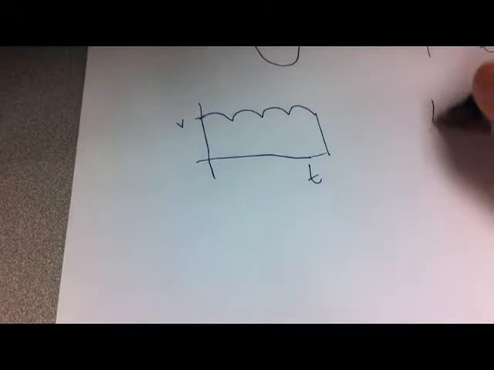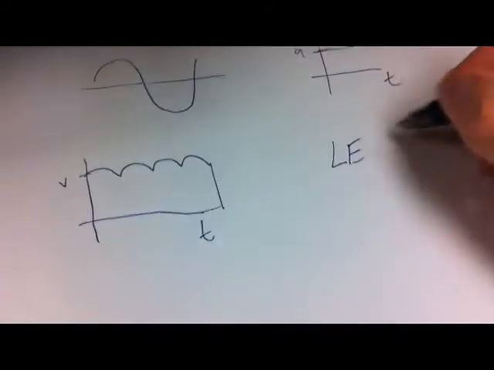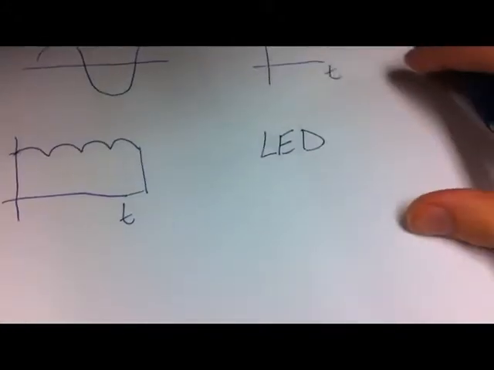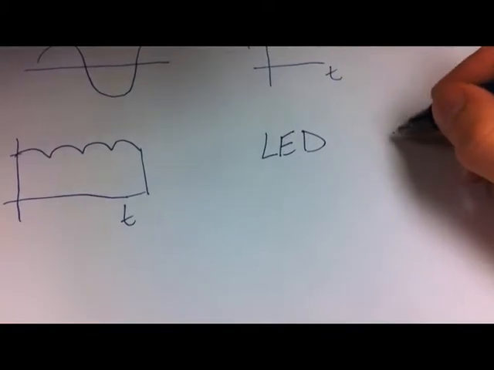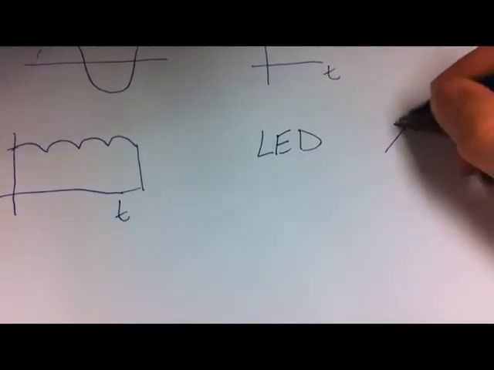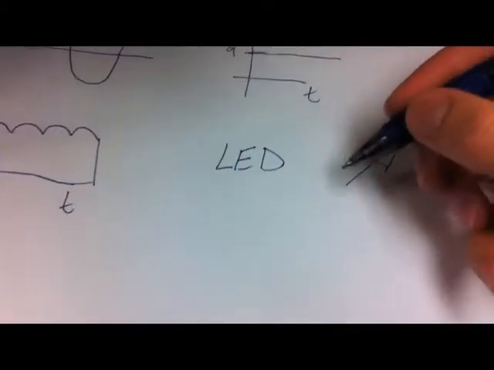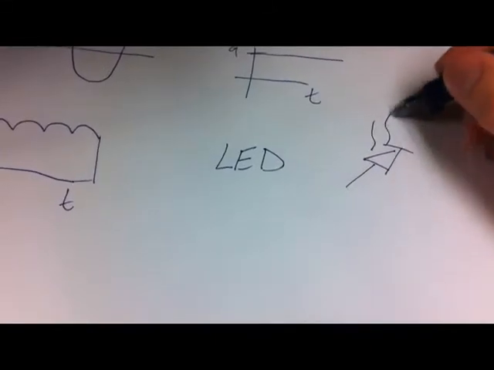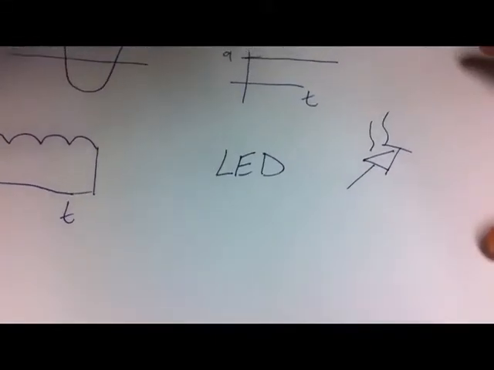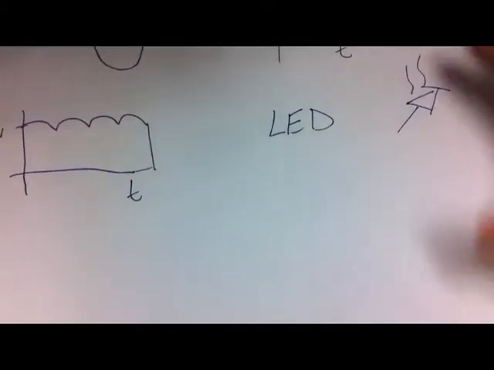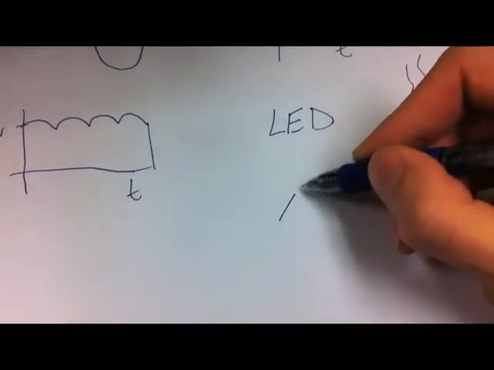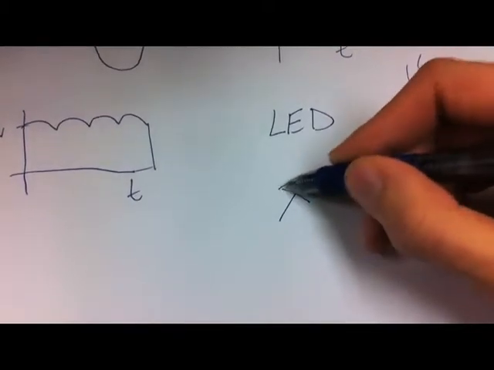Now, an LED is a light emitting diode with a symbol of this. Those lines coming off of it signify light. Now, just a diode is